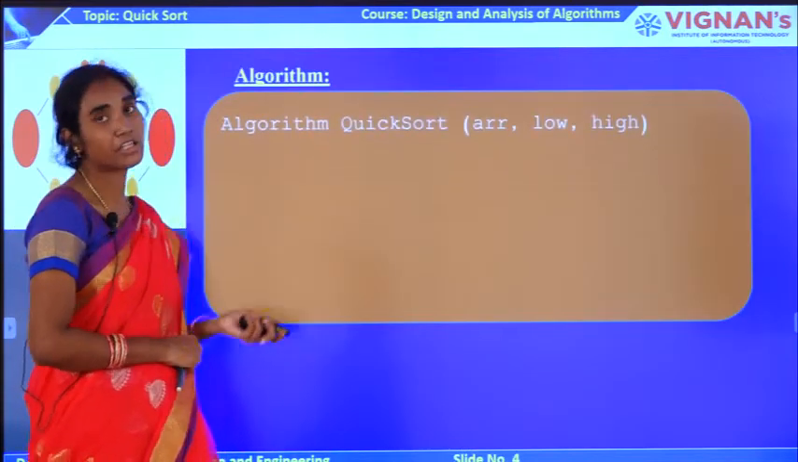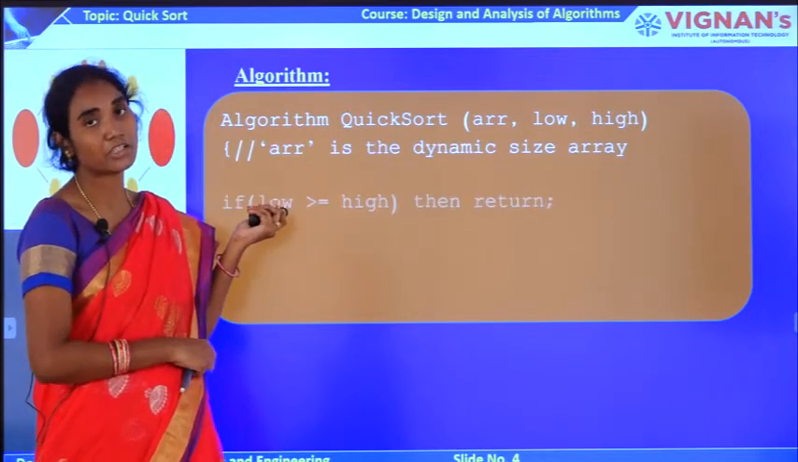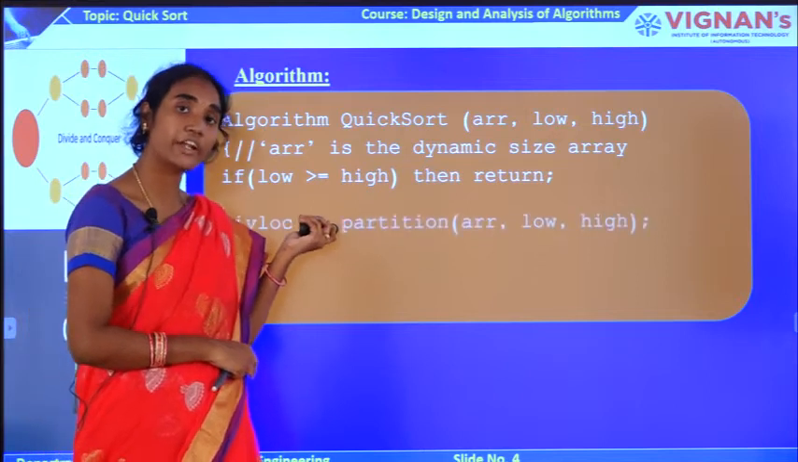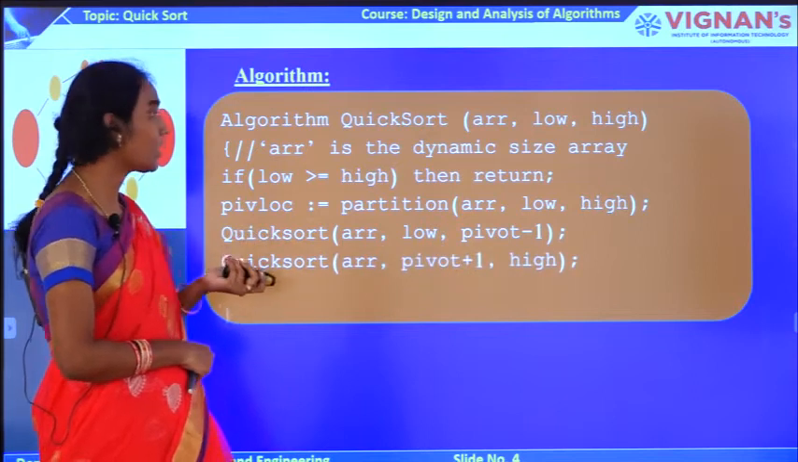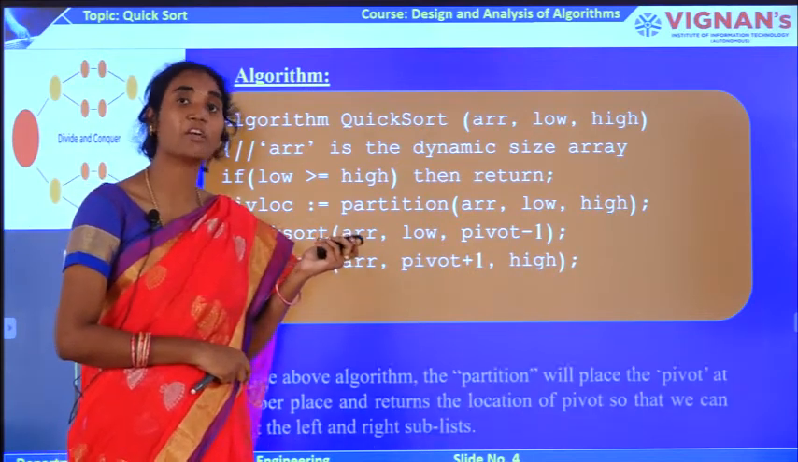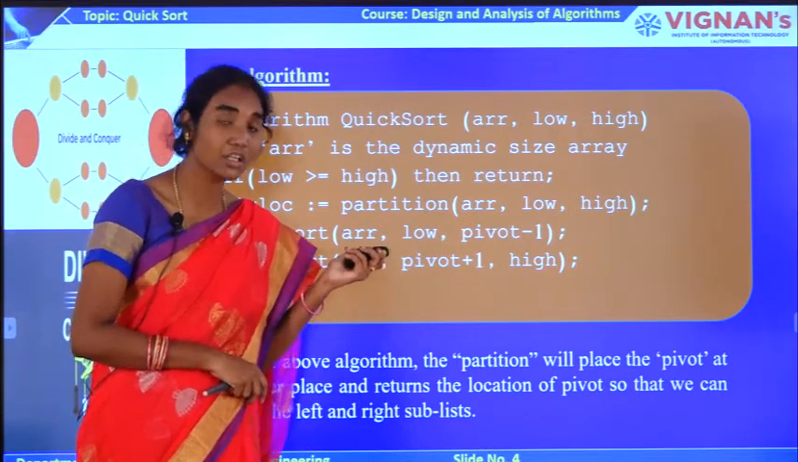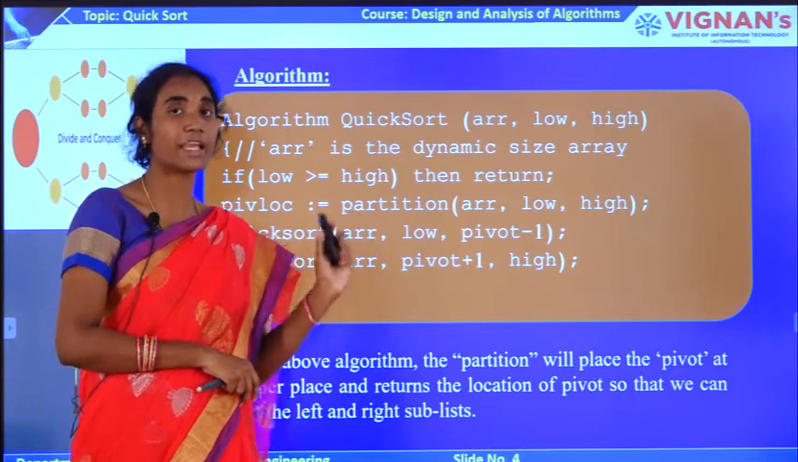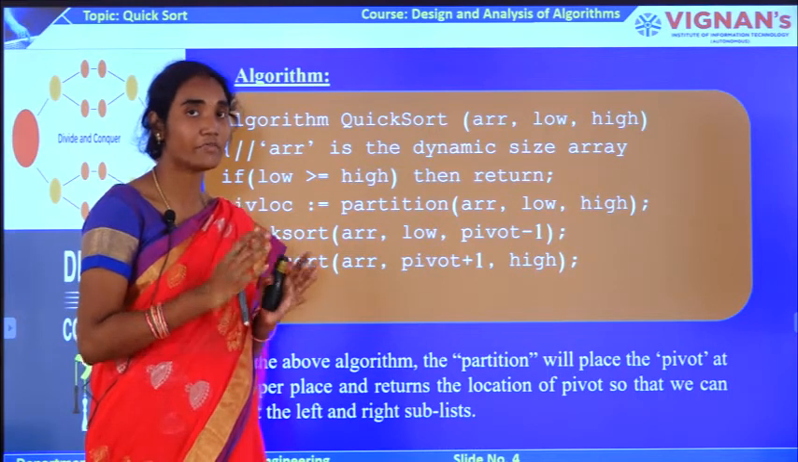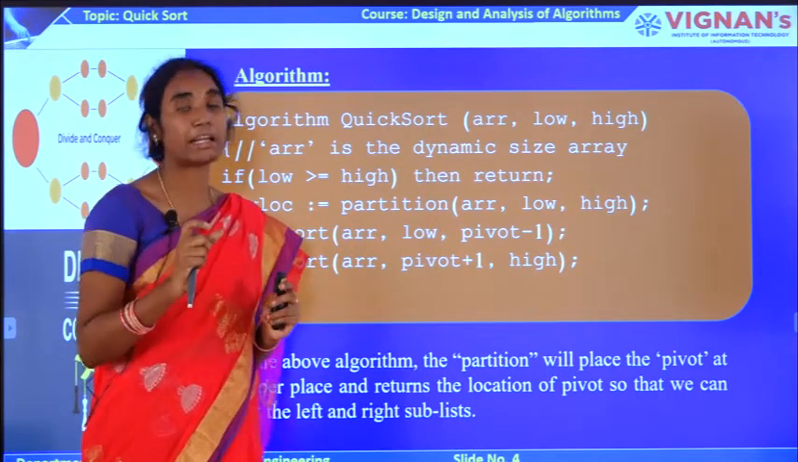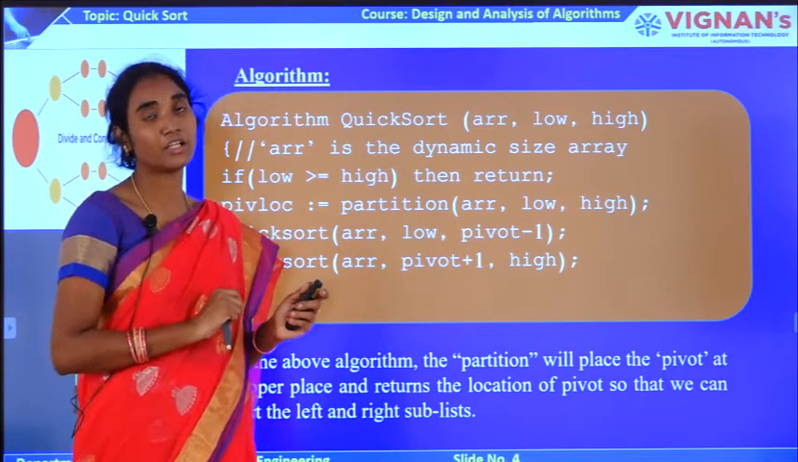Now this is the basic algorithm used in quicksort. Here I will have three parameters: array, which is the given list, low, which is the starting index, and high, which is the ending index of your array. Now here I am going to find the pivot location by calling the partition procedure. As I said earlier, the partition procedure will give you the exact location of the pivot by doing all the exchanges and all the swappings. It will place the pivot element correctly,